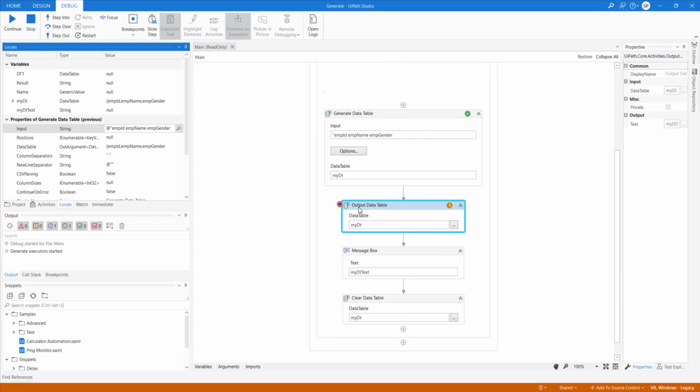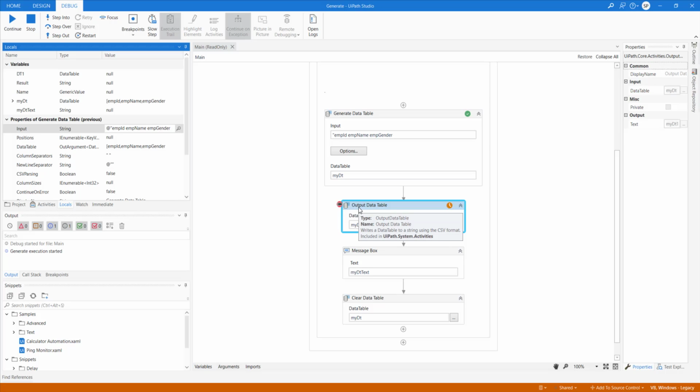Now I have used another activity called output data table. Sometimes you need to write a data table into a flat file for another system to consume. I have seen a scenario where UiPath has been used as an ETL tool, where they get the data from multiple sources, combine them into a single source, and then write a flat file and put that into an FTP folder so that others can use it. So it's basically a use of ETL. That's what we perform in an ETL, right?